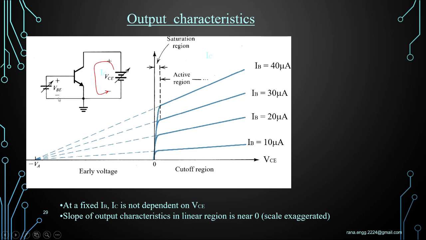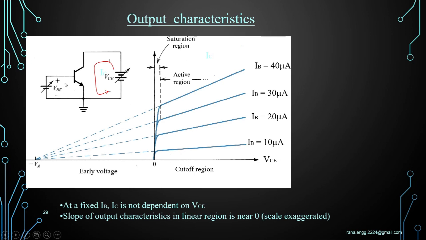We change the input current and we get the change in the output graph. And who is the input current in this case? In this case, base is the input. So base current is the input current, that is IB. So first, when there is no supply from this input, then it will be off. This region is the cutoff region here, right? Early voltage we will discuss later on. So we have to concentrate on this quadrant only, and this one only you have to draw in the examination. So this region where there is no current or nothing happens around 0 is called cutoff.